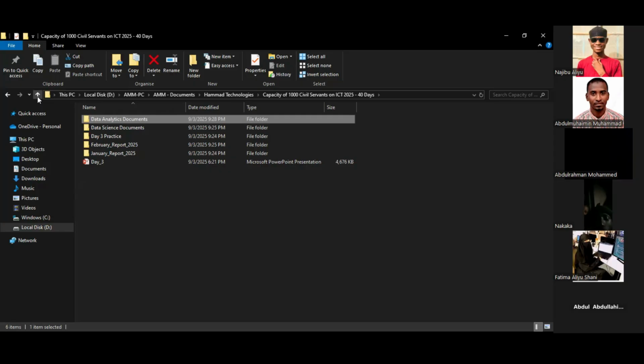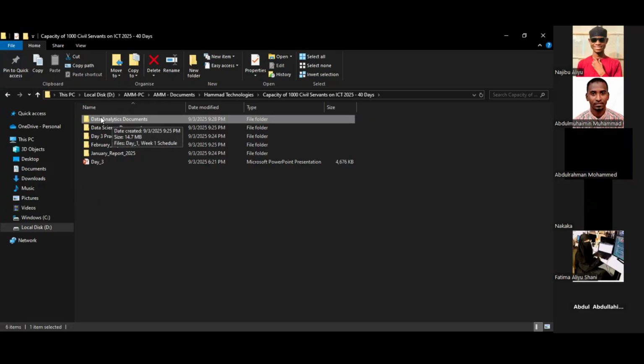For instance, if you want to transfer files through email, instead of sending individual files, you can just compress them into a single folder and send it. It's also very used in storage management, so that your files will not be scattered around your folder. So the best practice here is, if I want to make this folder an archive,